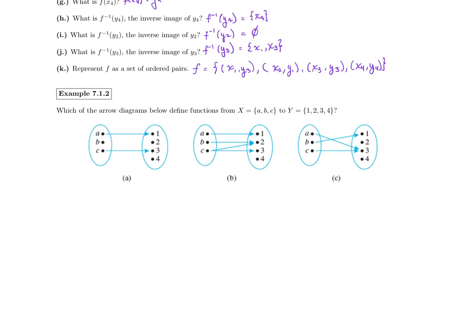So if I look at example 7.1.2, I want to know, does arrow diagram A represent a function? Well, remember, our definition of a function has two requirements. Every element in the domain must map to an element in the codomain, and every element in the domain that does map to the codomain can only map to one element in the codomain. We have a problem here. Element B in the domain is not mapping to any element in the codomain. So this is not a function,